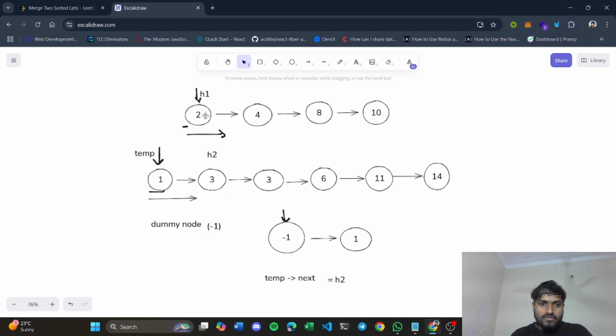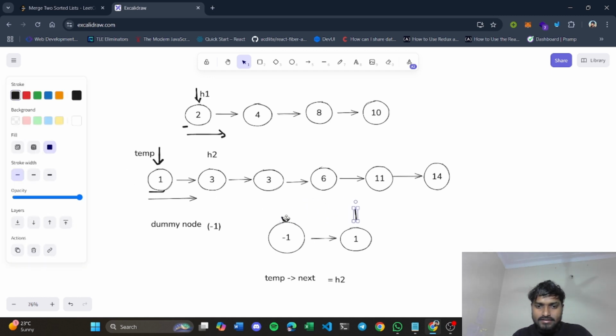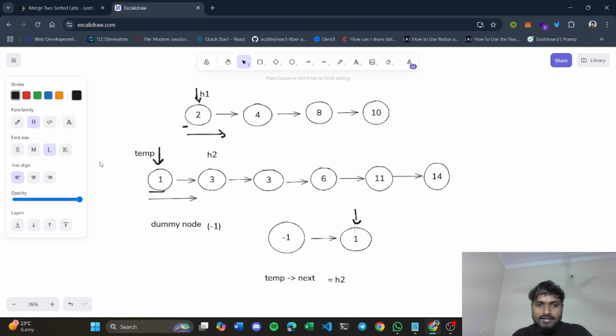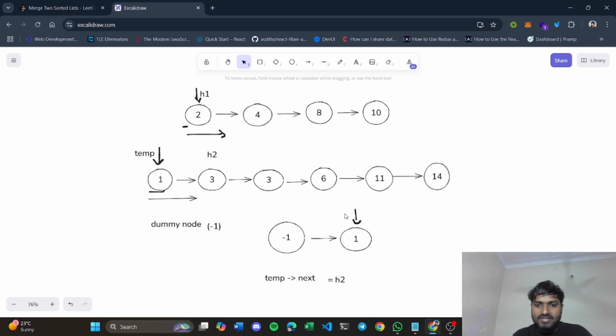Now you will compare again the h1 and h2 values, right? So which is smaller? You can see here 2 is smaller, and since your temp pointer is here at 1, I have to move this temp pointer here. So this temp and this temp are basically the same.